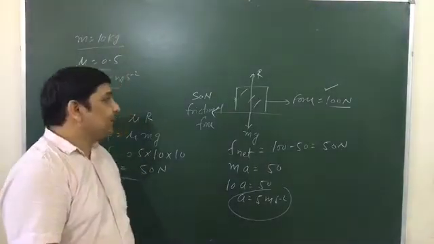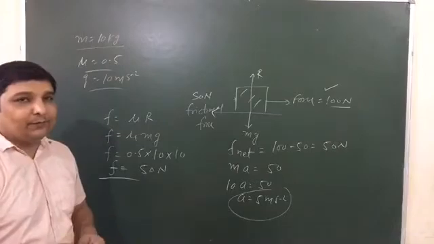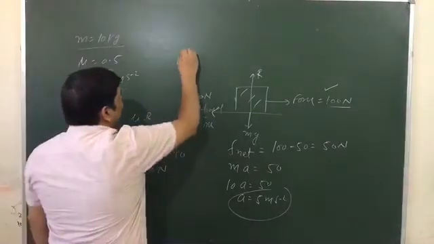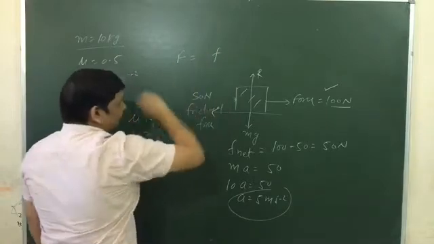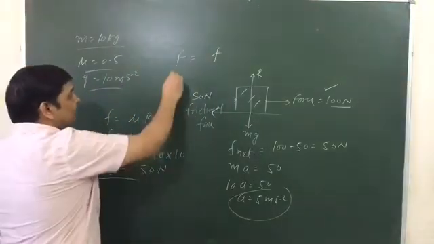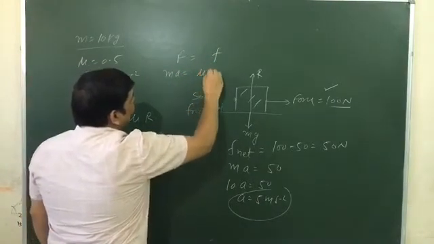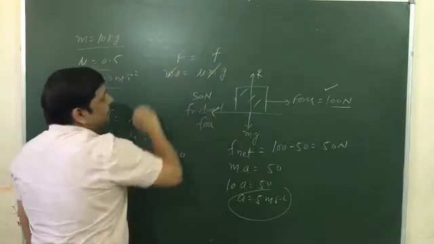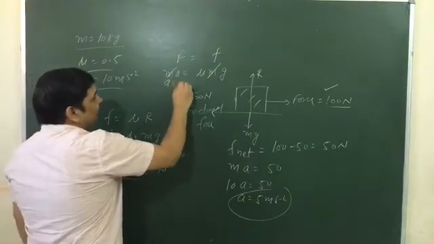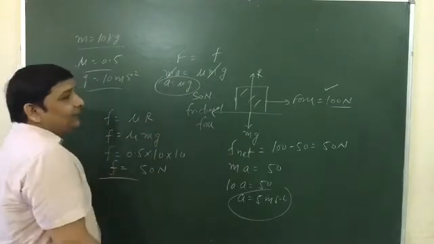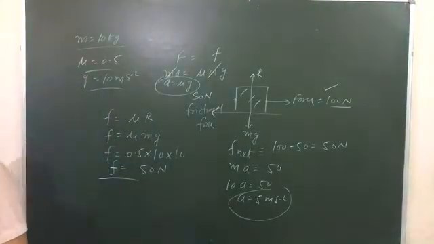We can use a direct formula because the force is given by ma and the frictional force is given by mu mg. The m cancels out. Therefore, acceleration will be equal to mu g. In the limiting case, we can use this formula, that acceleration is given by coefficient of friction into acceleration due to gravity.